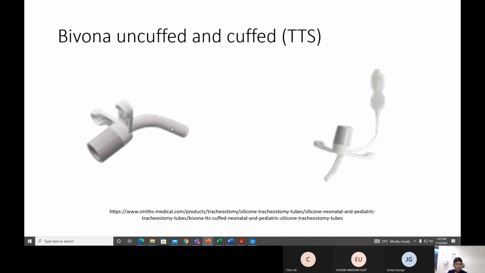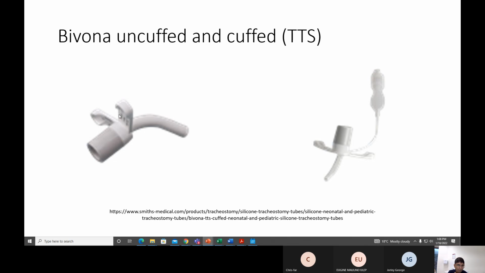So this is Bivona uncuffed. This is a V-shaped flange that they say is very advantageous. This is a cuff tube, but you can see the cuff is not visible at all. It's deflated now, and it almost looks like an uncuffed tube. The advantage is that if you insert this, it acts like an uncuffed tube, and if you have to ventilate the patient and stuff like that, you need it to be tight, and you can inflate the cuff. Having this tube in gives you flexibility of inflating whenever you need,